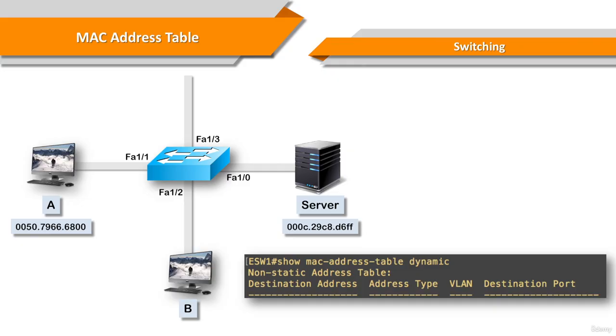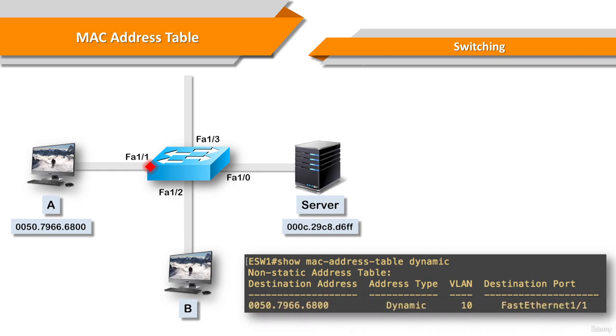Now suppose computer A wants to send traffic to the server. It prepares an Ethernet frame, and it sends it off toward the switch. The first thing the switch would do when receiving the traffic is to create a new entry in its MAC address table for computer A's MAC address. Makes sense? The switch then performs a lookup on its MAC address table to determine whether it knows which port to send the traffic to. And since no matching entries exist in the switch's table, it floods the frame out all of its interfaces except